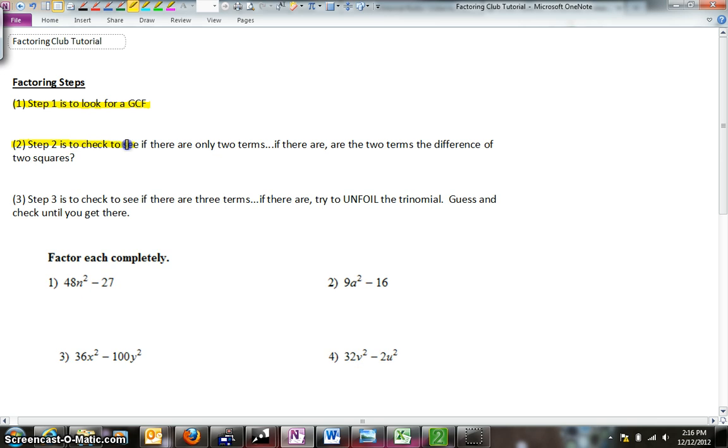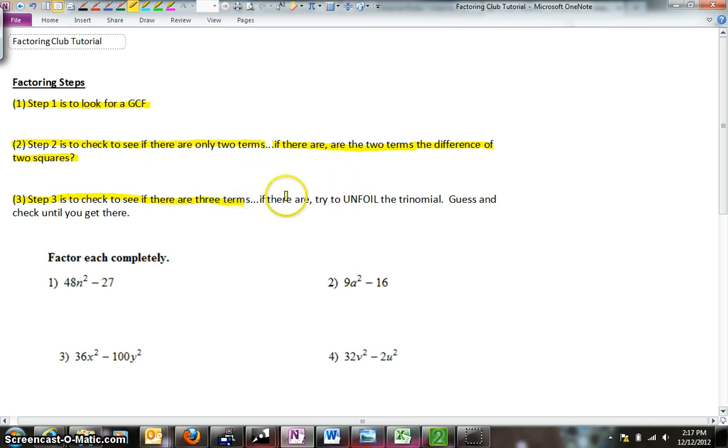Step 2 is to make sure that you check to see if there are only two terms. And if there are, then are those two terms the difference of two squares? That's what you ask yourself. So when you've already pulled out a GCF first, the next step is you're going to check to see if there are two terms, and if so, you're going to see if those two terms are the difference, meaning subtraction, of two perfect squares. If they're not two terms, if there's three terms instead, then you go on to step